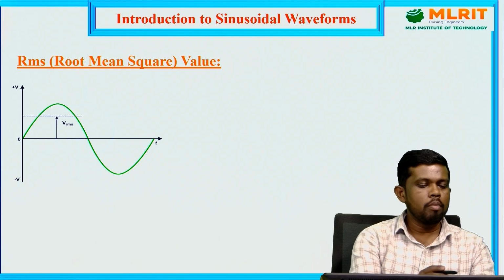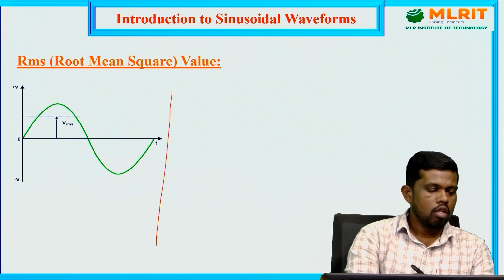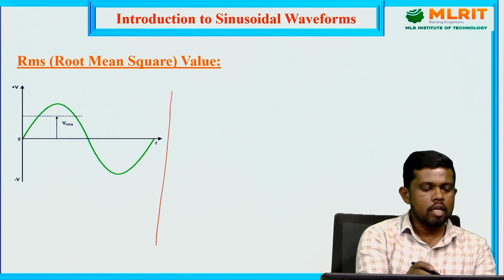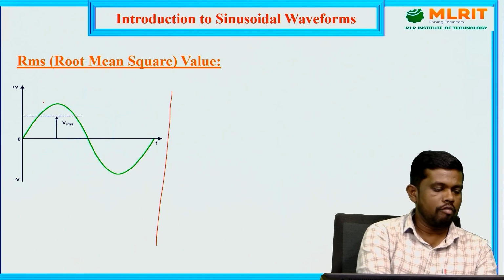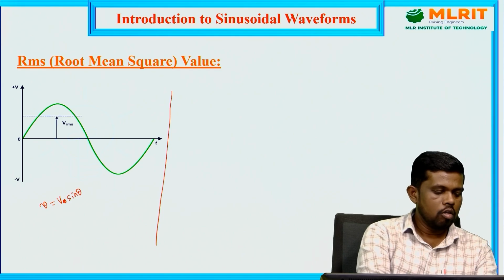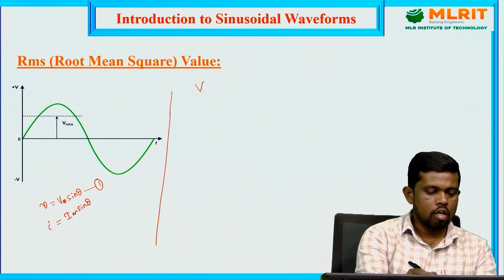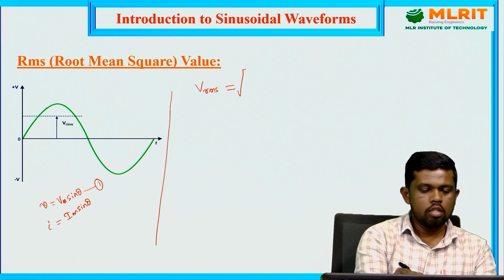Then the root mean square value of the sinusoidal waveform. Here we have considered it as a voltage V. So the instantaneous value V equals Vmax sin theta. This is equation number 1. If you consider current, I equals Im sin theta. Then we need to find the VRMS, the root mean square value. That is the square root of